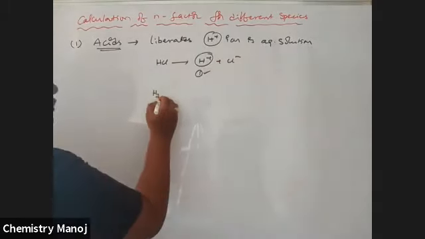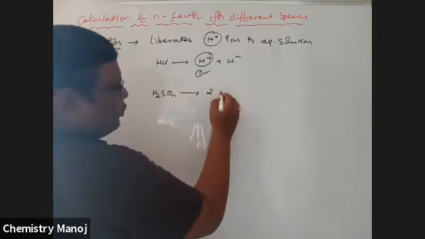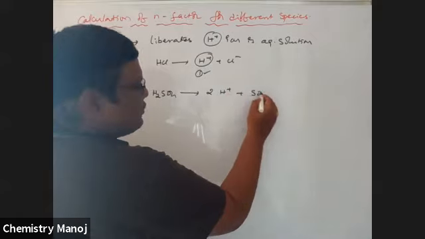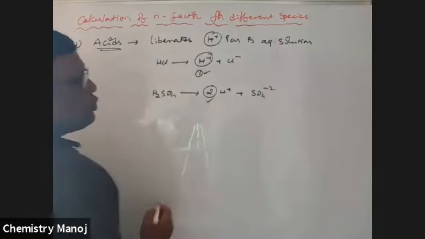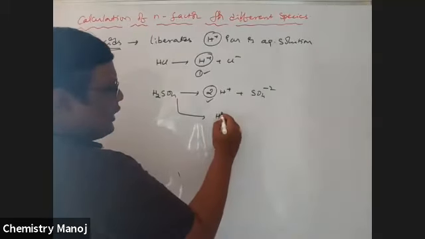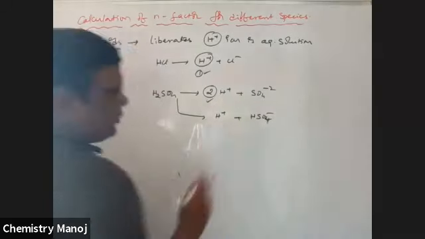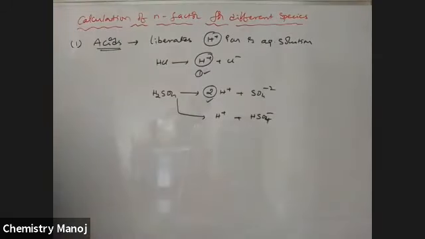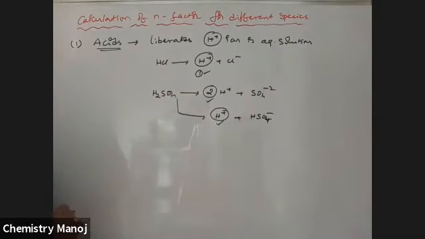There is H2SO4. If it dissociates into two H+ ions and SO4 2- ions, how many H+ ions are released here? Two. Or the same H2SO4 is written as H+ and HSO4-. This is also possible. Here, how many H+ ions are released? Only one H+ ion.